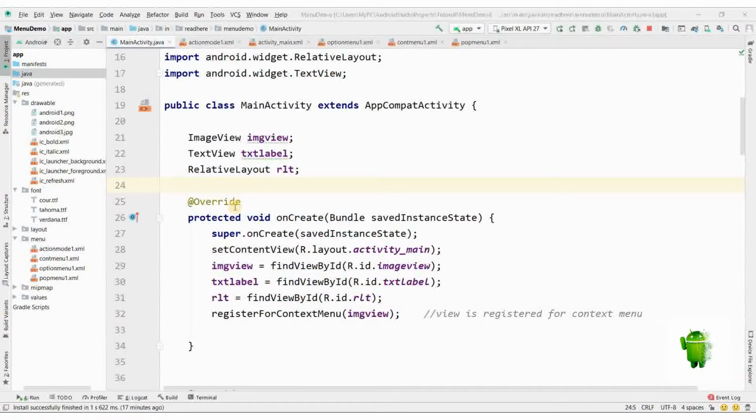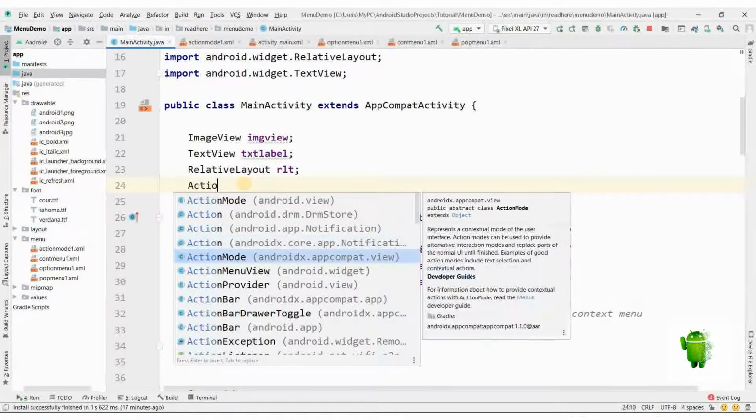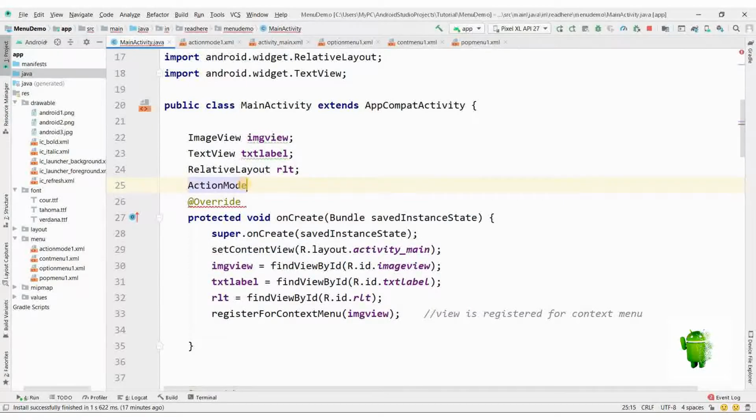Now we'll implement this action mode contextual menu in our activity. We'll create the action mode object with AndroidX appcompat view. Action mode, I'll give it a name.